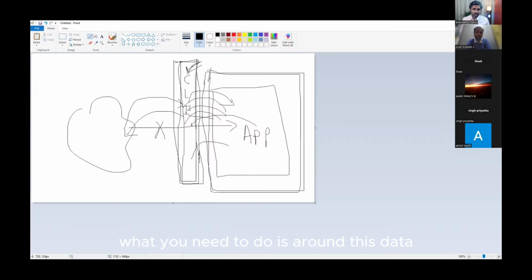What you need to do is around this data which is getting populated, what are all the permissible operations, how I can do those operations so that when the instances of those commands keep on increasing, how does that registration and processing happen seamlessly? That should be your topmost priority. And I'm telling you,